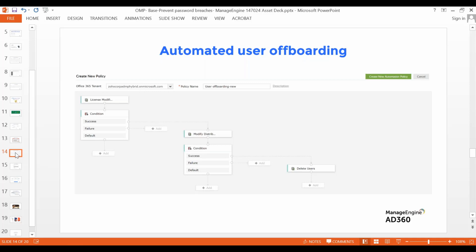Well, you'd definitely be sure to remove them from critical groups, ensure that you have their licenses revoked. You would even ensure that their accounts are disabled or whatnot. But then, what these users do is a little forward. When they have the privileges, when they have the accesses, they try and set email forwarding to their personal email IDs. They try and exfiltrate data at every juncture possible.